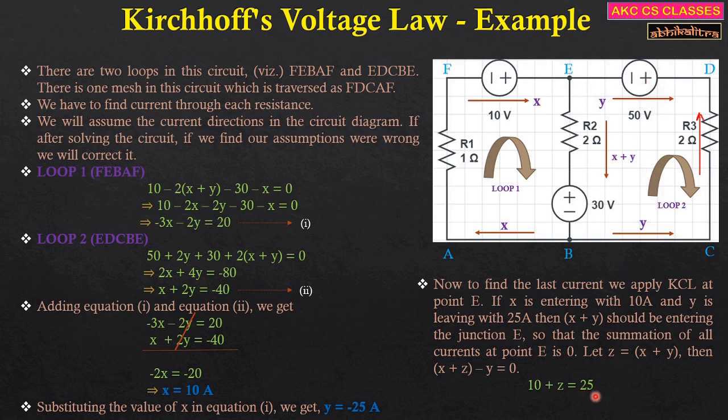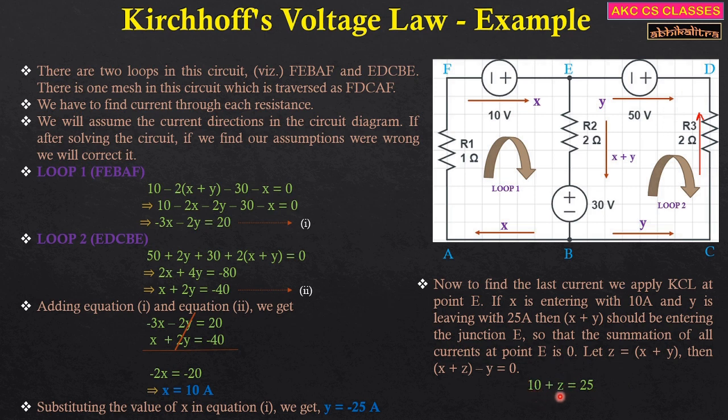Now we are taking the value of current as 25 ampere, right? So please do not confuse it with the value of y, because the value of y is minus 25. What we are doing is taking the current itself, not assuming the value of y. Since y equal to minus 25 means we have corrected our direction from D to E to E to D, right? So now the value of the current here will be 25 amperes, not minus 25 amperes. So that's why we have put it equal to 25.